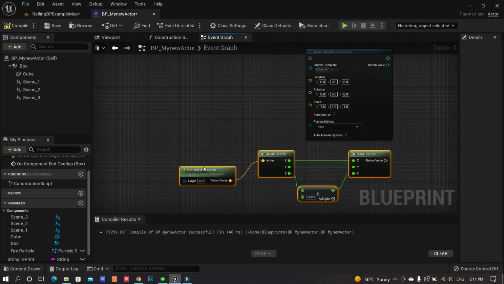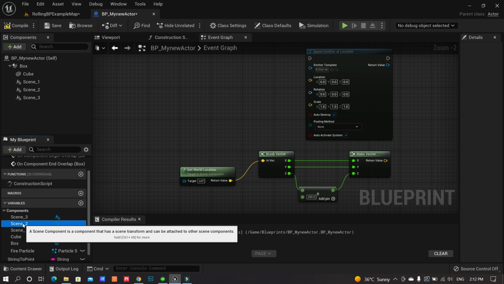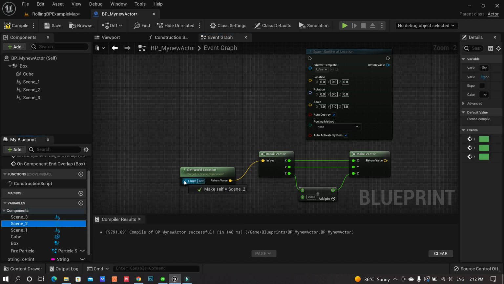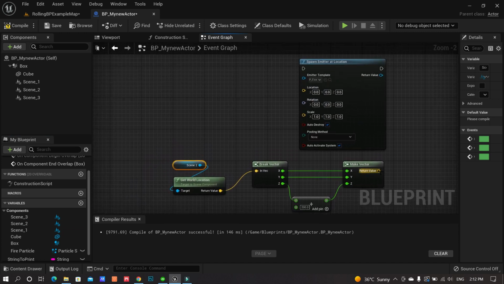And now for the get world location, we would like to have the scene 2. If we try to bring it here, we can also get scene 2 like this, and we can just connect to the get world location. However, an easier way is just to bring it, drag it and drop it on the target, and automatically it will connect to the world location. Now in this case, again connect the vector to the vector value itself,